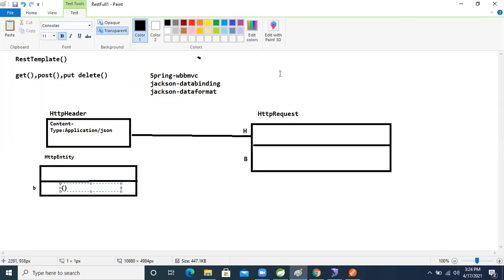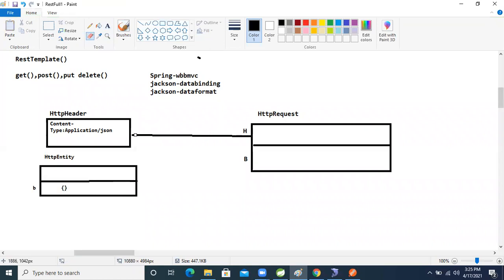So based on both of these, let's delete here, I will give much clarity. In the entity part, we will store this header part, and here is the data. This is the JSON data.